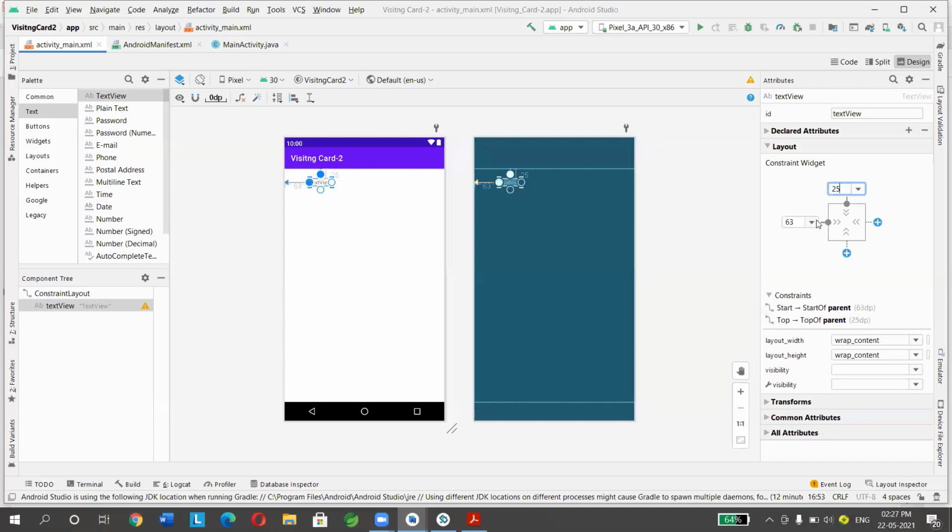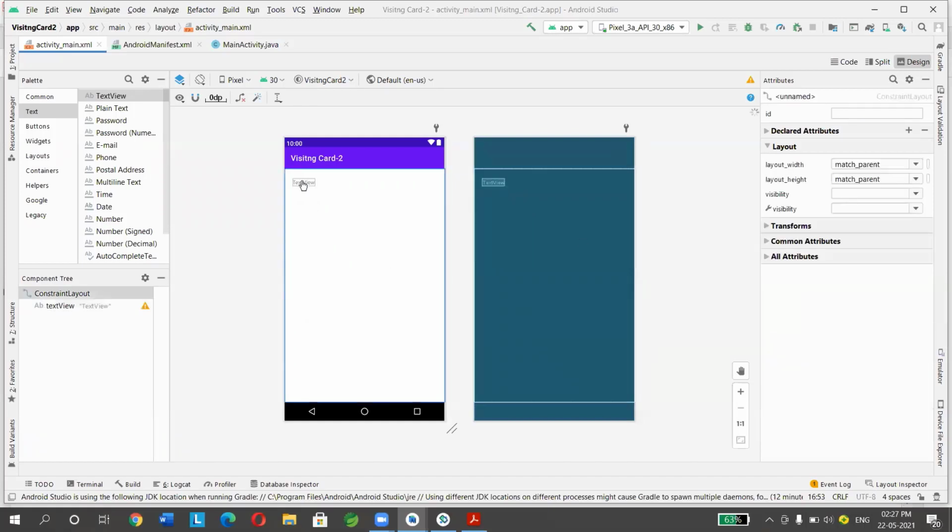Now left, say I'll set 15 or 20. Okay, so it will be placed here.